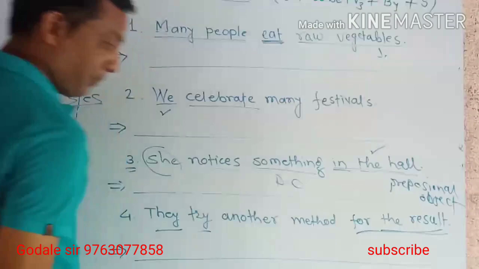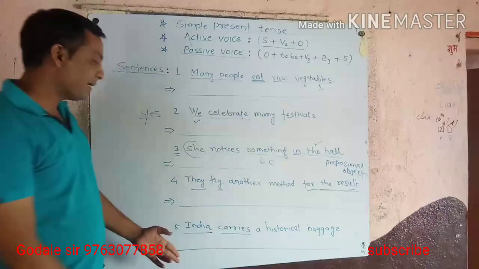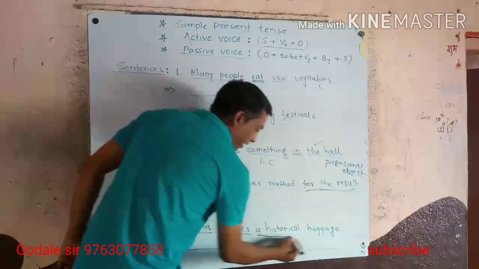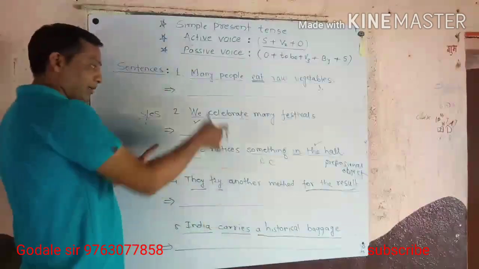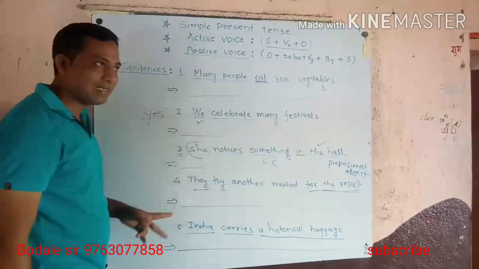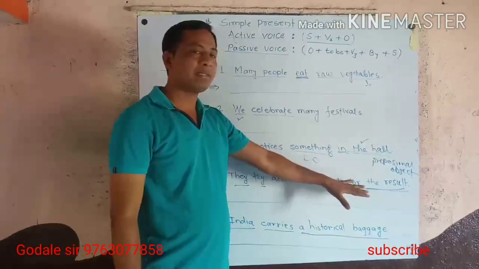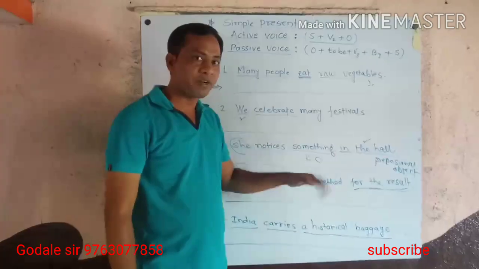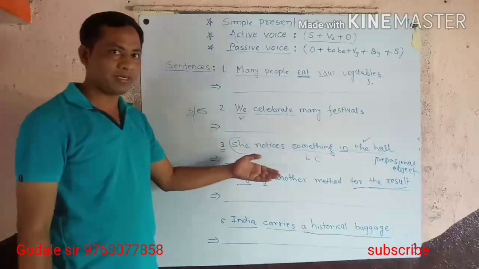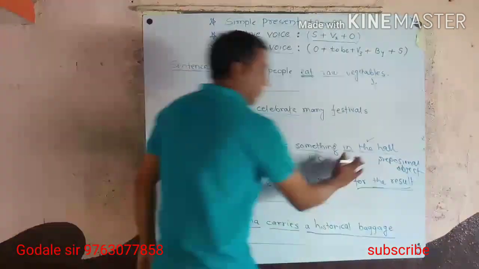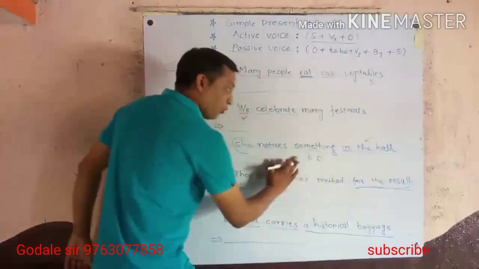In the same way, another sentence is not having any prepositional object, it is having only one direct object. But only in the case of these two sentences, there are prepositional objects at the end of the sentence. So you should know how to differentiate between direct object, indirect object, and prepositional object. Okay, let it be. This is only the part of construction.